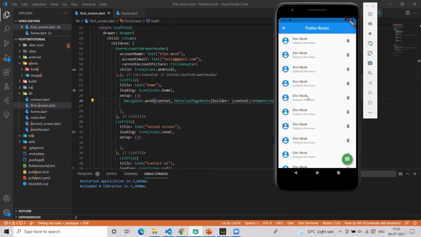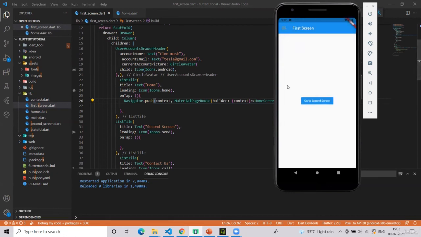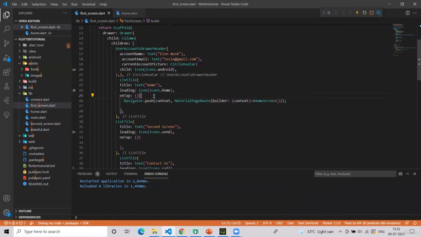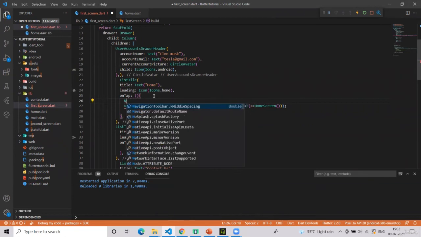Now you have to give attention and understand what happens when we click on the go back button. When we click on the go back button, this drawer is still open, but it doesn't look good. It should be closed. For that, before pushing, we have to pop.